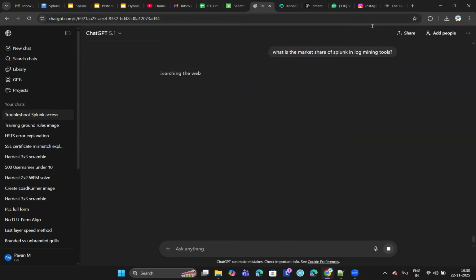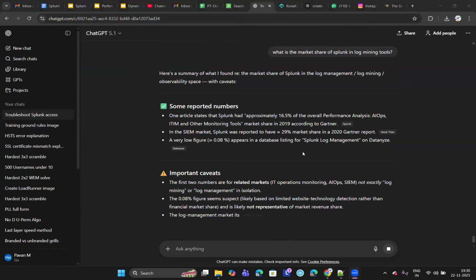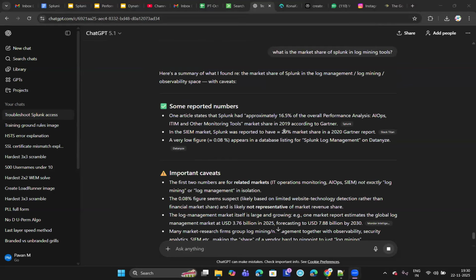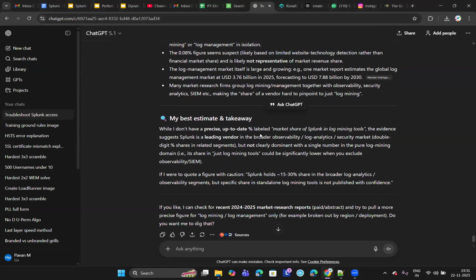Splunk is the most popular log mining tool. Not sure what the current market share is. I think it was 29% in the 2020 report, approximately 16.5% in the overall performance analysis, right? So now,